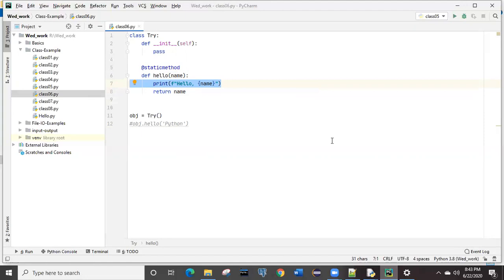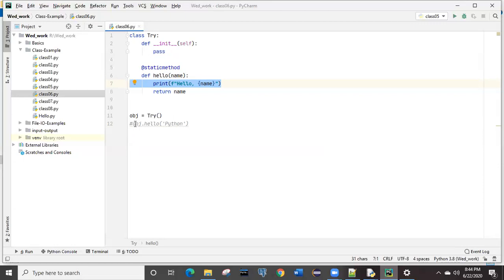What could be the possible output if you are running this example? Just try to guess it. Okay. Anything else?